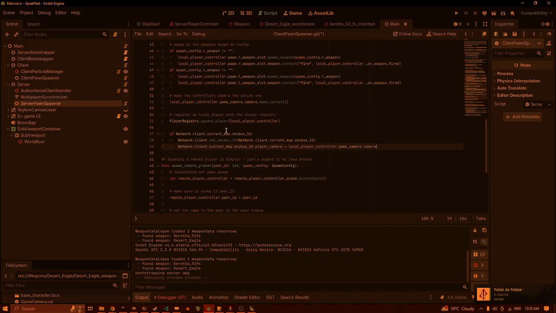Yeah, so that's kind of how the dedicated server and weapons work. Yeah, I think that's it. But I'm going to completely refactor this. So how I'm going to refactor this,